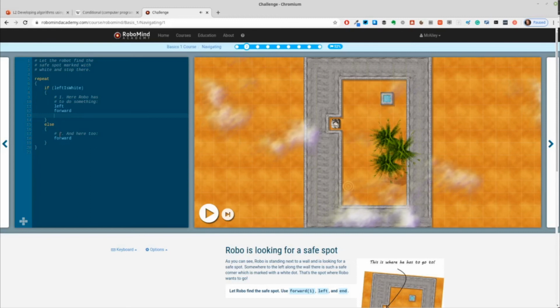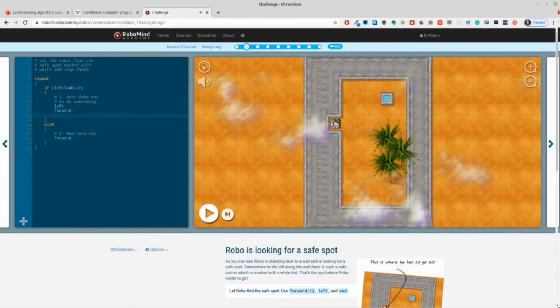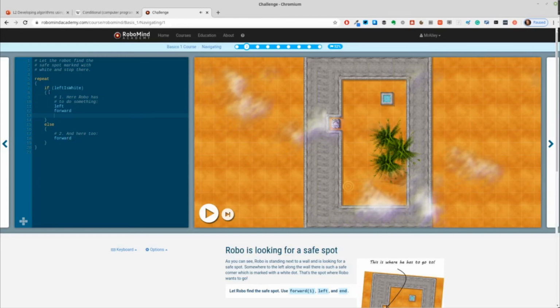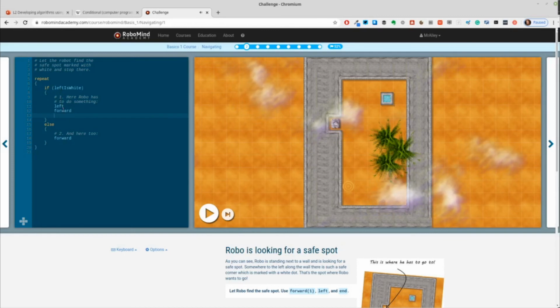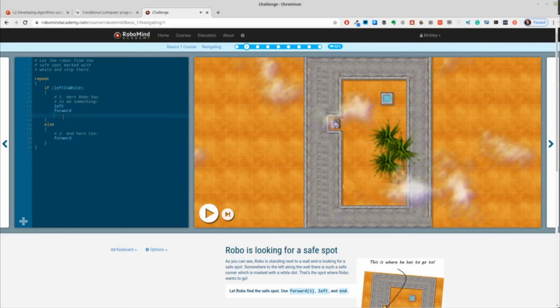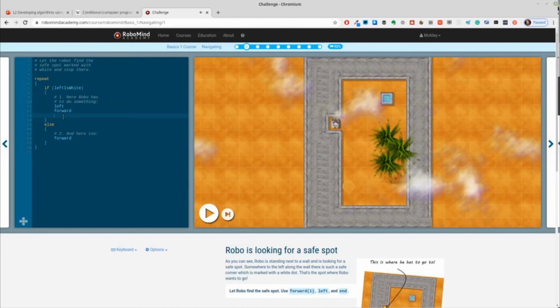Else, go forward. So if the left is white, here, he turns left and he comes in. Else, he needs to go forward and go back and look for, is the left white? No, go forward. Is the left white? No, go forward. If the left is white, yes, turn left, go forward 1, and do one more command. So your challenge is to find out what that last command is, make that work, screenshot it,